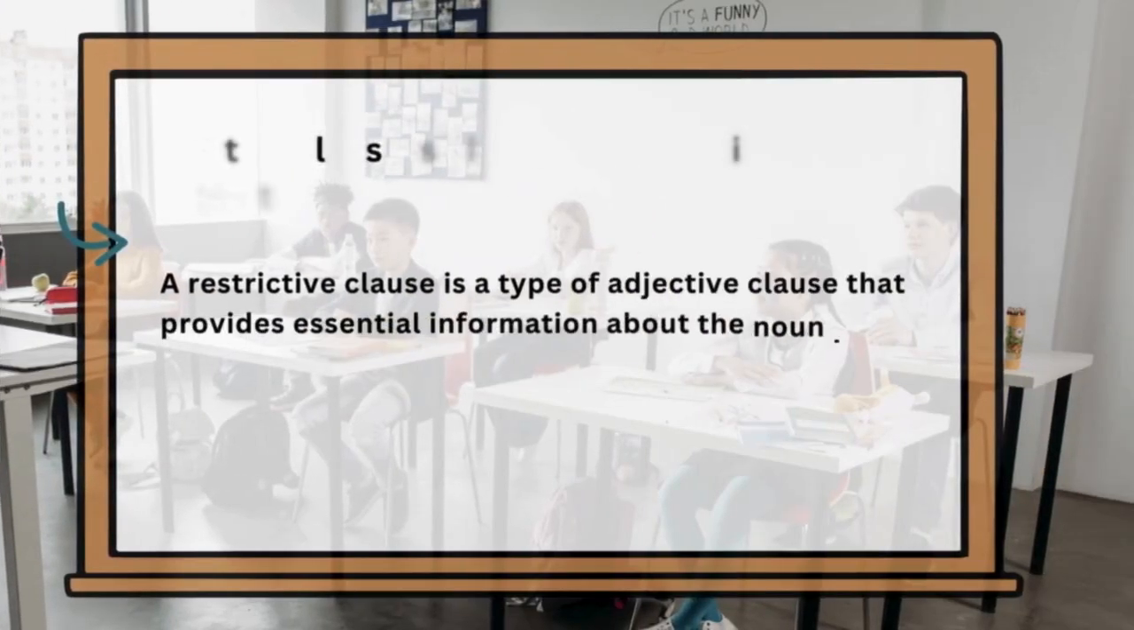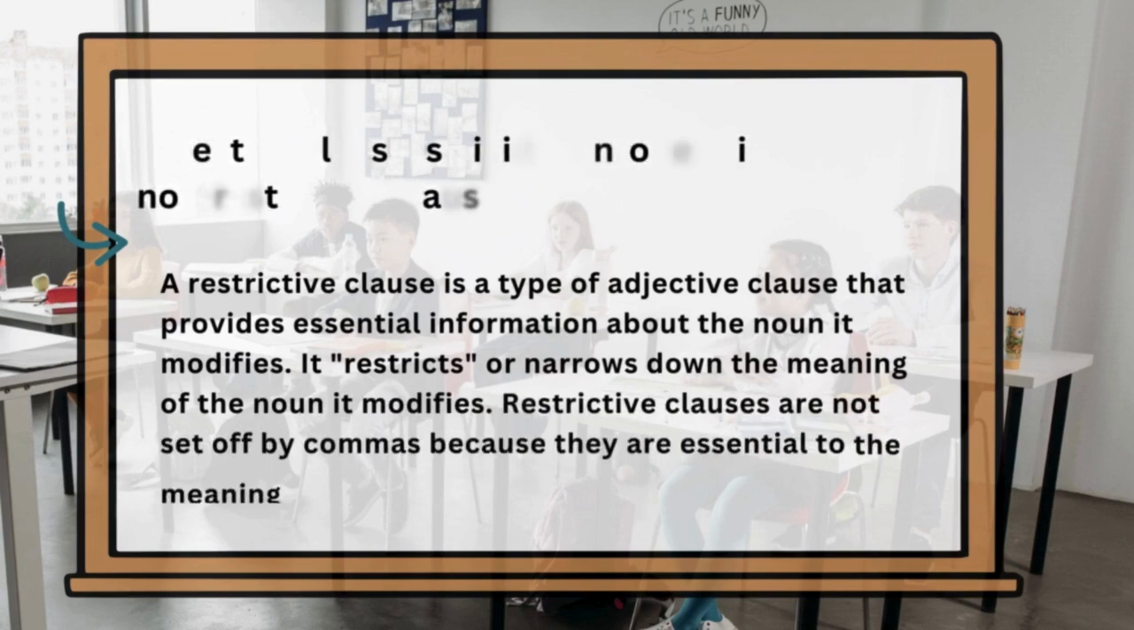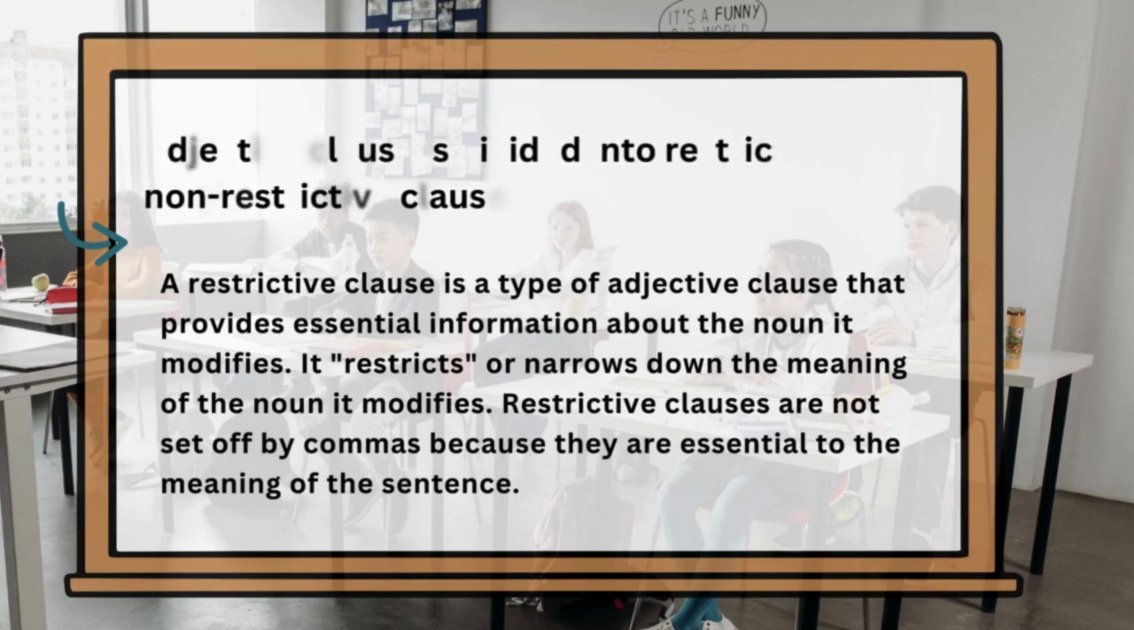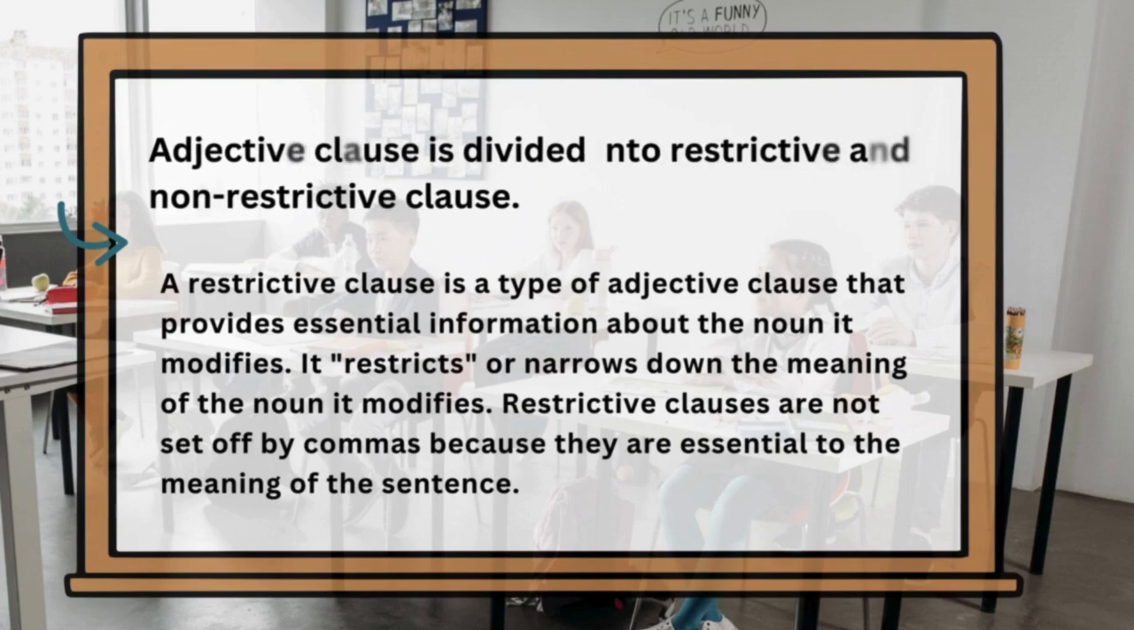Adjective clause is divided into restrictive and non-restrictive clause. Restrictive clause is a type of adjective clause that provides essential information about the noun it modifies. It restricts or narrows down the meaning of the noun it modifies. Restrictive clauses are not set off by commas because they are essential to the meaning of the sentence,